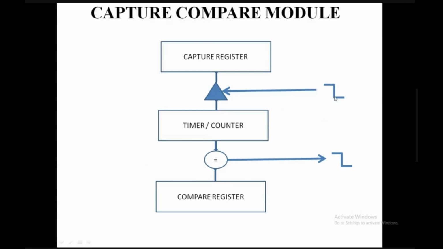If configured only for the 1 to 0 falling edge, whenever there is a falling edge the tri-state buffer will be enabled and the timer counter will be captured by the capture register. Now if only the rising edge is enabled, only during the rising edge the tri-state buffer will be enabled. At the time of the rising edge, whatever is in the timer value will be captured in the capture register. Both edges means it gets captured on the rising edge and also on the falling edge.